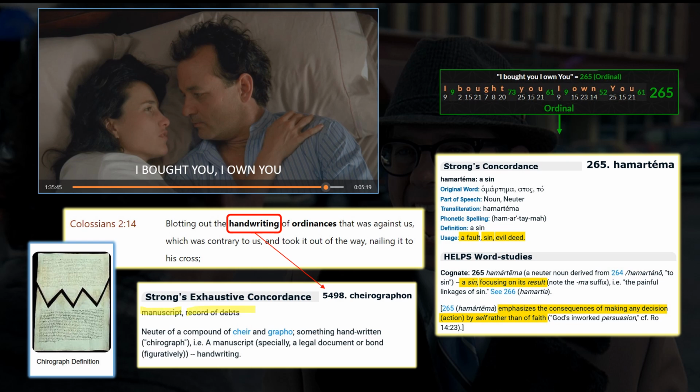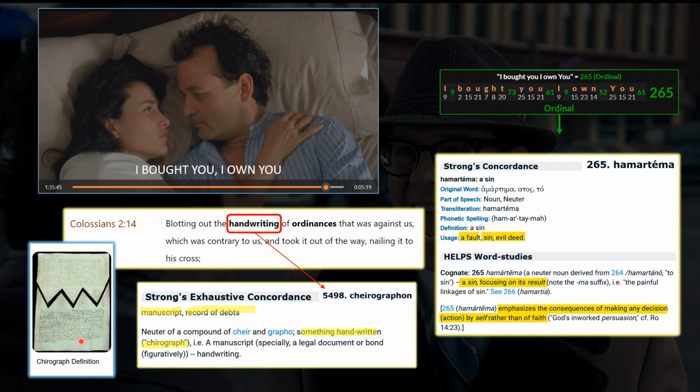It is something handwritten, a chirograph. Now, a chirograph is what we see here on the left. It is an ancient contract, and they used to write an identical contract on one side of the paper and the other, and cut it with a zigzag pattern in the middle, so that the debtor would have one copy and the debtee would also have another copy,